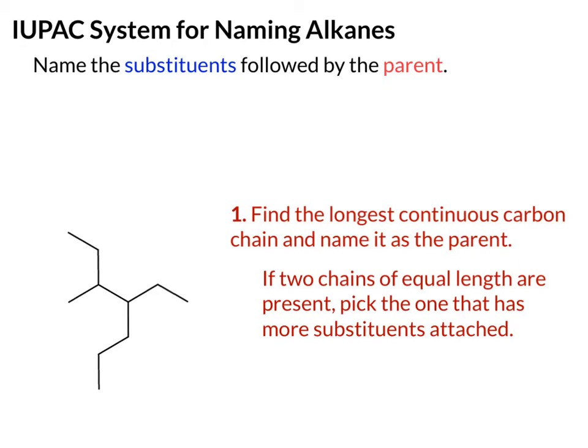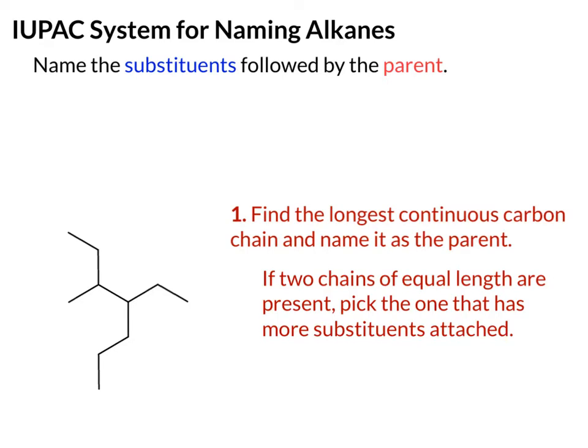We're now going to start working on a systematic way to name alkanes, but this system is going to be extended to other functional groups as you progress through this course and Organic 2. This system is referred to as the IUPAC system. IUPAC stands for the International Union of Pure and Applied Chemistry. And in a simplified sense, this is just kind of a cohort of chemists from across the world that get